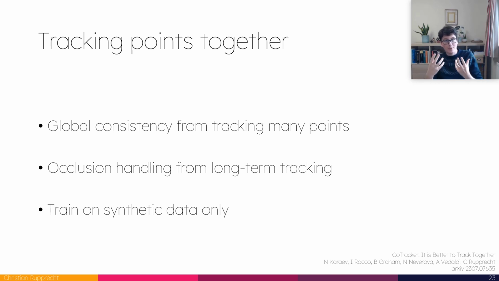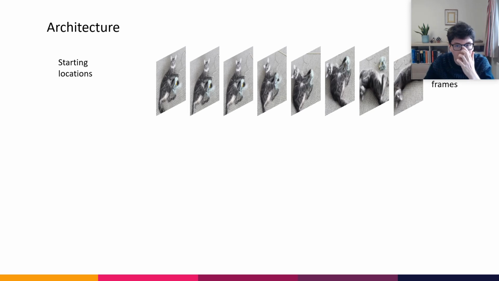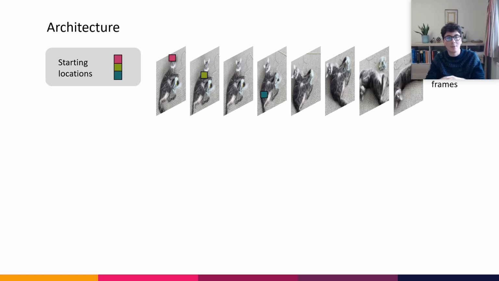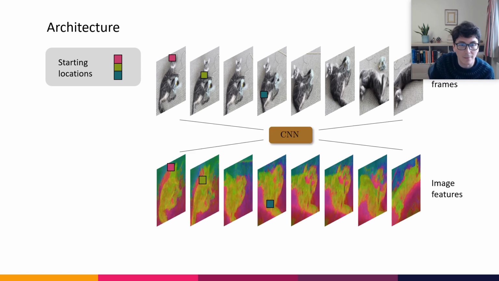So the whole setup can be basically made as a change in the architecture of the model. And I want to talk quickly about how this can look like, but all the details, of course, are in the paper. So we have a video like this one, where we have multiple frames, and then in tracking, not all the points need to start in the first frame, so there's points that you are interested in that start later in the video. So here we're tracking 3 points. And then, as usual, you take a CNN and you compute some features for these images.